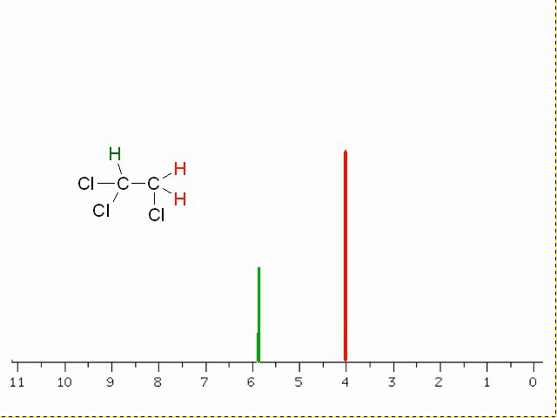Continuing with coupling in proton NMR, here is the low resolution spectrum for this molecule, so before coupling. The two red hydrogens give this peak, and the green hydrogen gives this other peak. I'm going to put markers on for the original shifts, and then imagine that one of the red hydrogens is spin up, which will cause one of the green hydrogens to be affected by this and move to a slightly